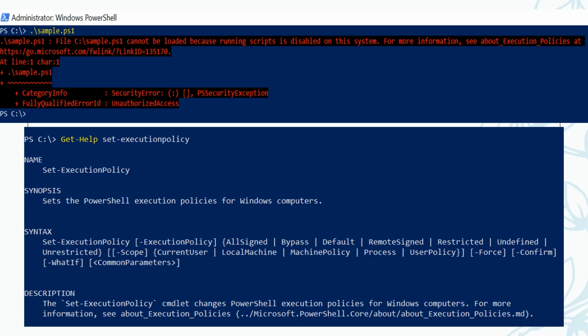To make any changes in execution policy on a system, we have a command, Set-ExecutionPolicy. To know details about it, like how we can use this command, pass it as a parameter to Get-Help. This will return its name, synopsis, syntax, description, and other related links.